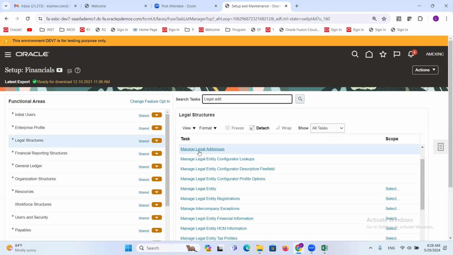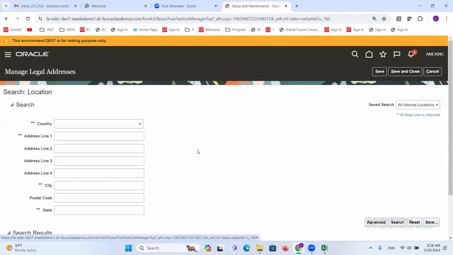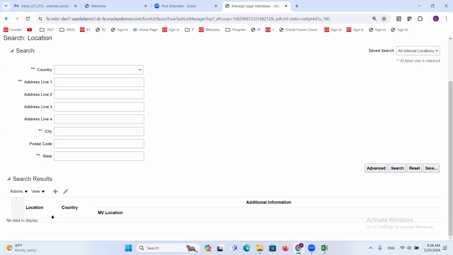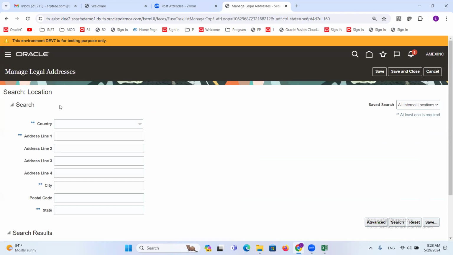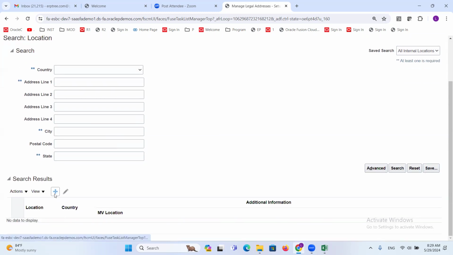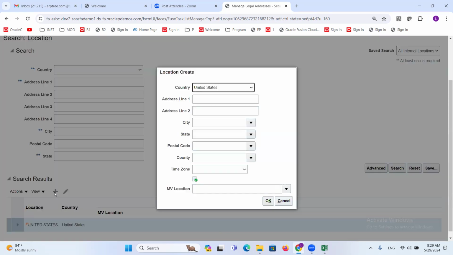Yep. So manage legal addresses. Okay. Task name is manage legal addresses. We'll see how to create the legal address. So by default, here you could see the search panel. If you want to find out the existing addresses, you can use this criteria and find them. We never created any legal address. So we'll create the new legal address. Click on the plus icon